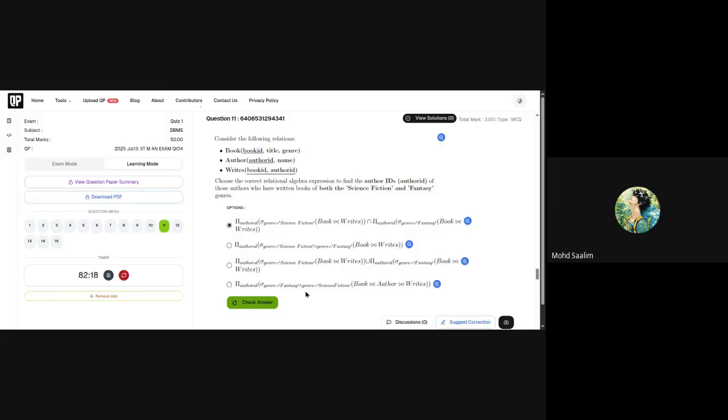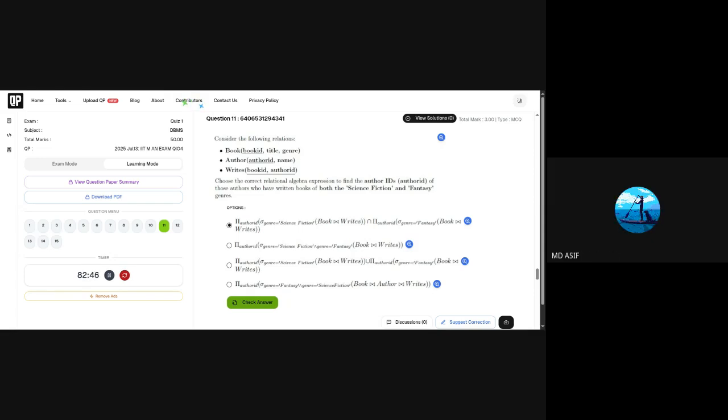No, no, no. At the same time, you are checking everything row by row, right? So if I pick Harry Potter, it can either be science fiction or it can be fantasy. It cannot be both, right? This condition is asking us to check the same genre to be both science fiction and fantasy. This cannot be. And fourth option also, this is the problem. So I think the first one.